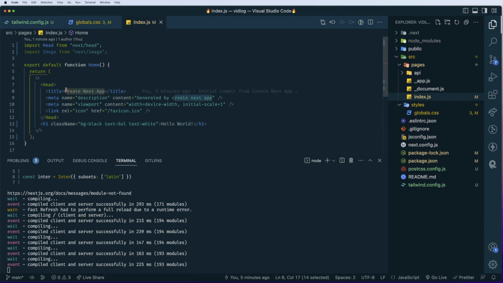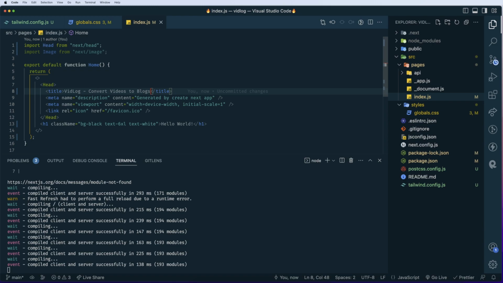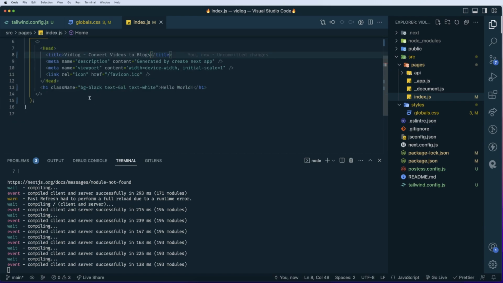So this should be Vidlog: convert videos to blogs. By the way, this will also be able to convert audios as well, which means .mp3 files. So we may test it as well, but the main purpose is to convert the videos to blog. By blog, I mean the textual content, so you can copy that and make a blog of it. Okay, so once we are done with this, the next thing is we come here and then we do some